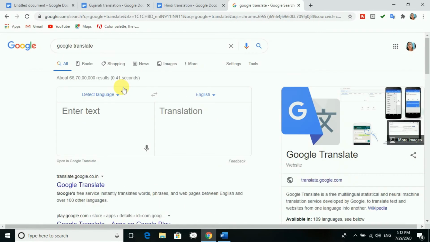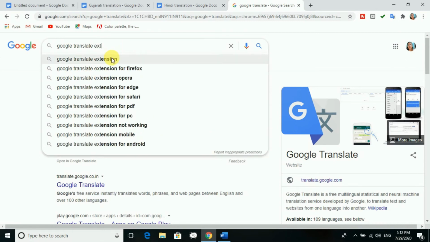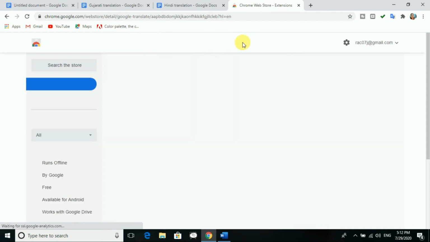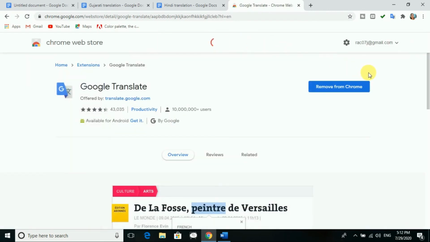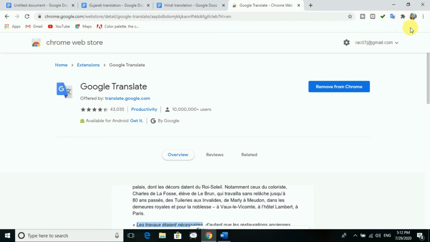So I will go to the Google Translate extension. You can see chrome.google.com. I will click on it. I already have it, so it will be written over here if you want to remove it. You can see it over here in add-ons. Here in the add-ons you can see Google Translate.